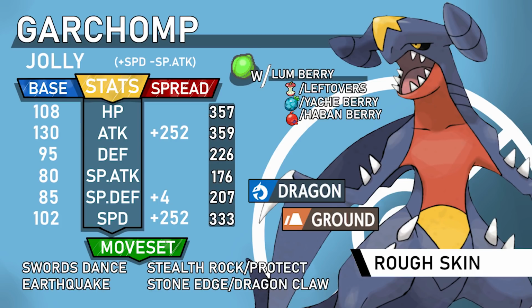But the item options are Lum Berry, Leftovers, Yache Berry is also an item too if you want to be able to keep up rocks versus a Starmie. So that's always a cool option because Ice Beam will not knock you out, and if you're boosted, you'll knock them out with Earthquake as well. And so it's Swords Dance, Earthquake, and then again, the dilemma between Stone Edge and Dragon Claw is always up to you, right? If you want Stone Edge for Togekiss, if you want the Dragon Claw for the Dragons,